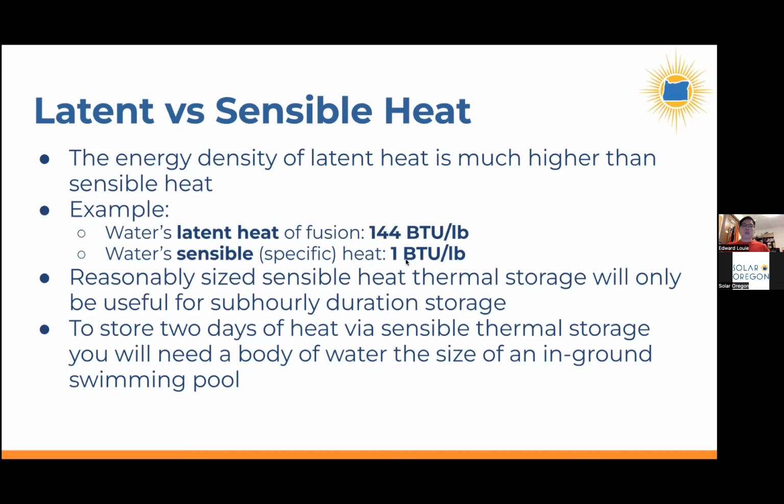And so for water, because the latent heat of water is so much bigger than the sensible heat, if you were to use just the sensible heat of water in a thermal energy storage device, that device will need to be much bigger. For a reasonably sized water-based thermal energy storage system that uses sensible heat, it would be too big to fit into a home. It would utilize your whole entire basement's